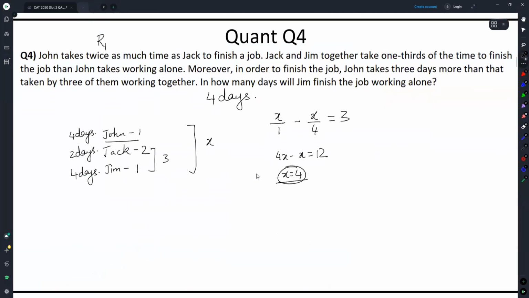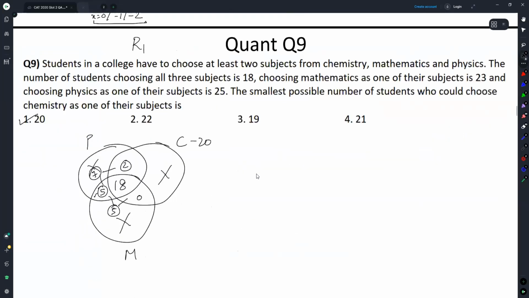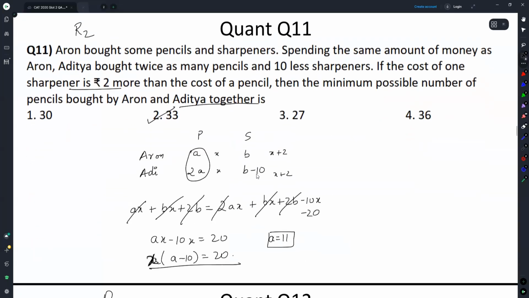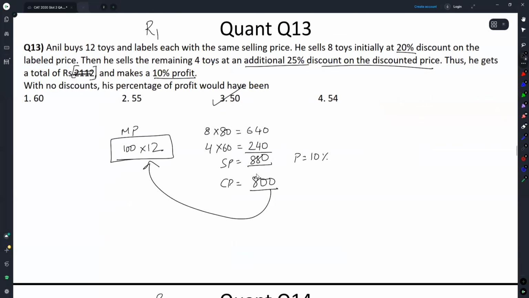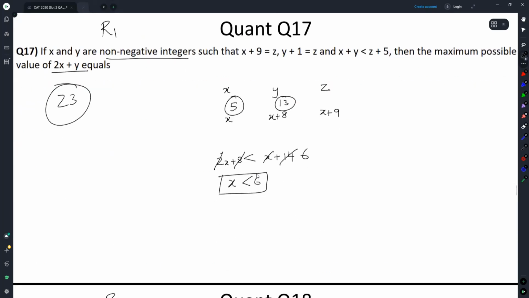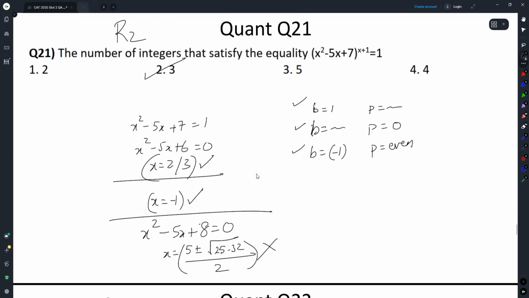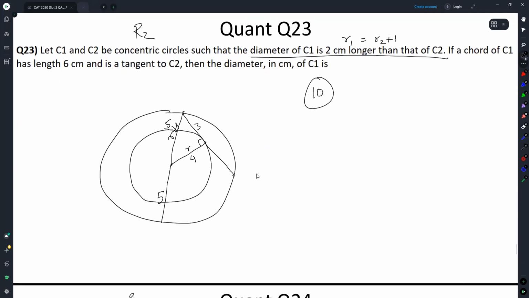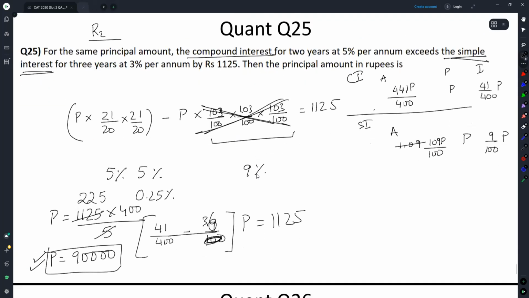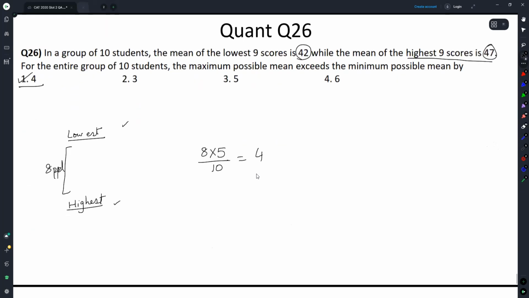if 1, 2, 3, 4, 5, 6, 7, I'll skip this also. 8, 9, 10, 11, 12, 13, 14, 15, although I would have gotten it wrong. There are 15 questions that can be done. No?